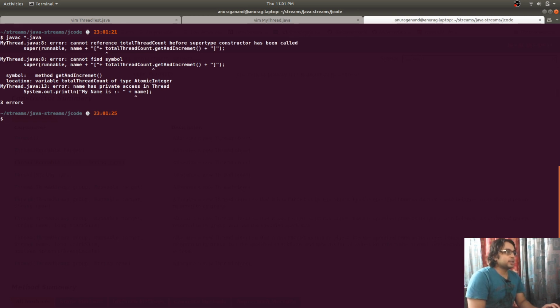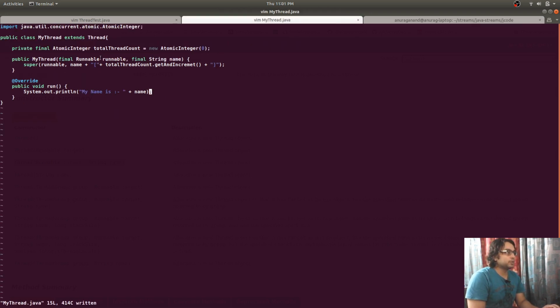Okay, in get an increment, cannot find symbol, super.